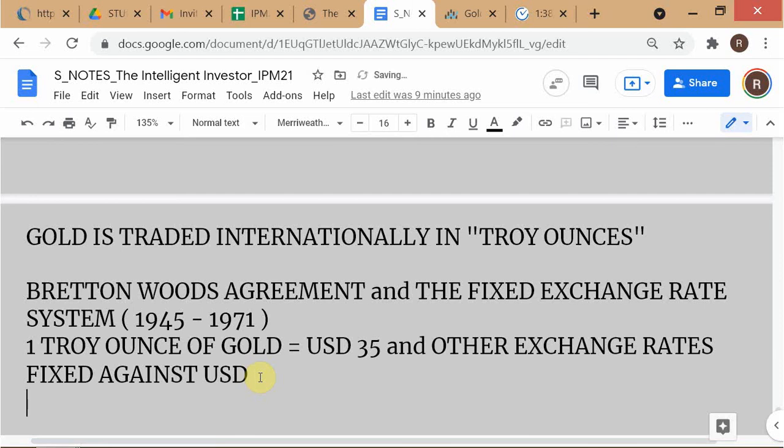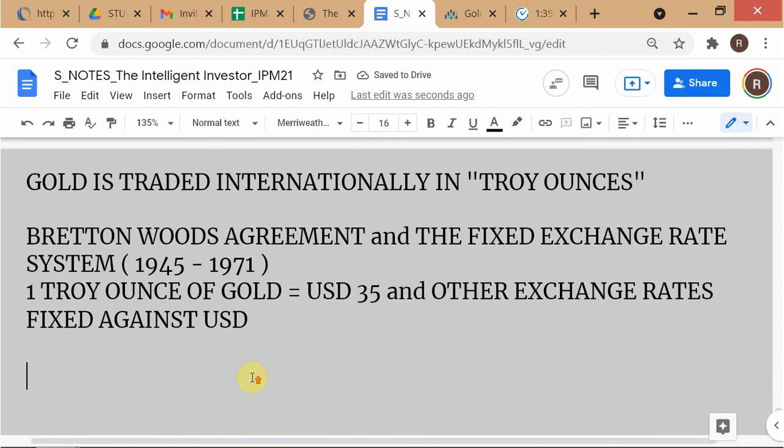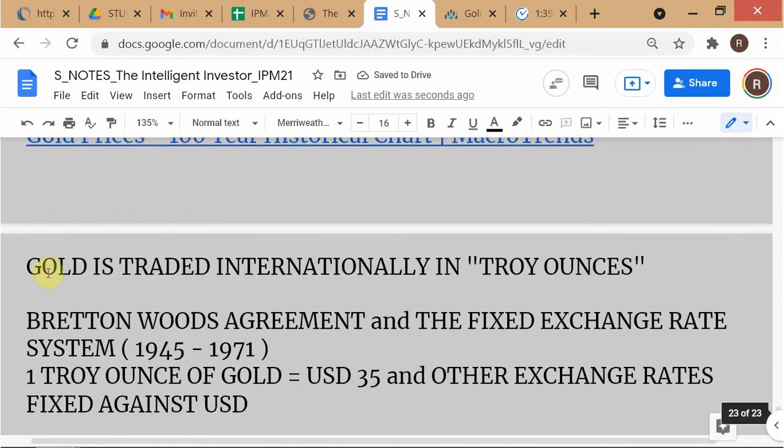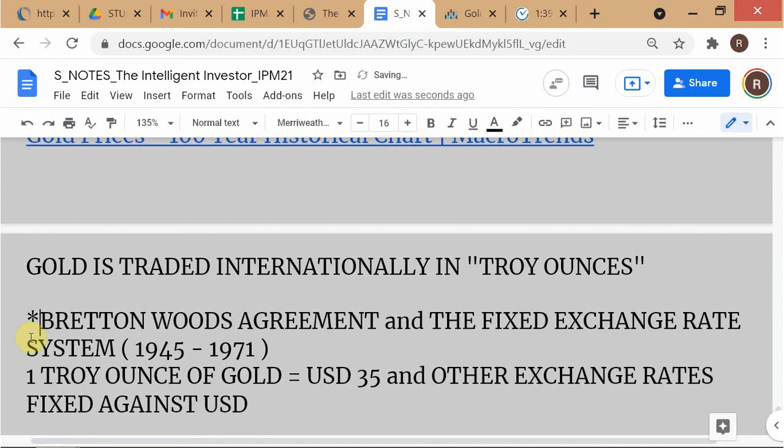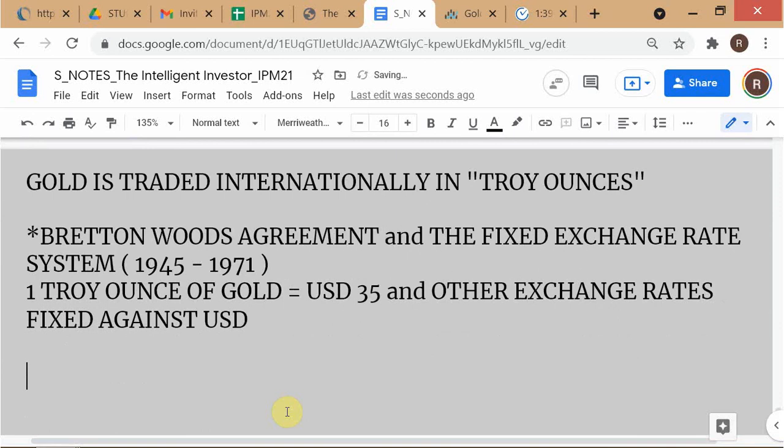So this is basically what happened. So you need to know about all these things. I'm just going to talk about the gold price, and I think this should be a separate topic. The Bretton Woods Agreement is a separate topic. So this is something you have to study. Now the book you can use, I can give you this book. It's called